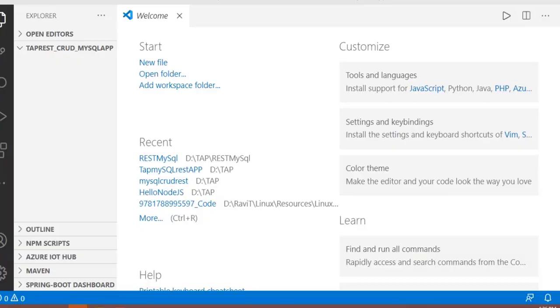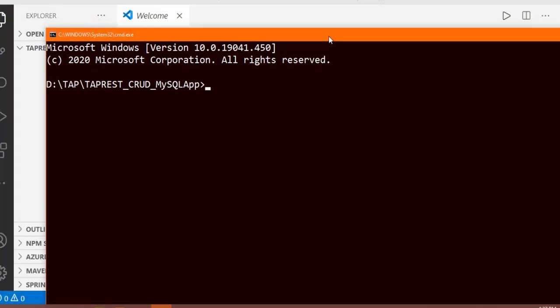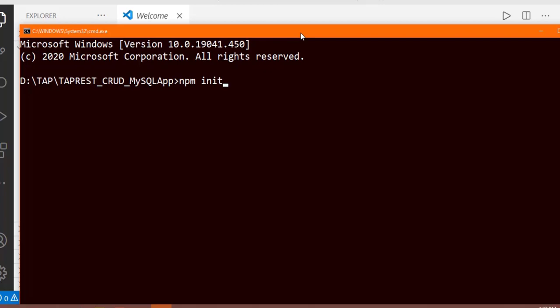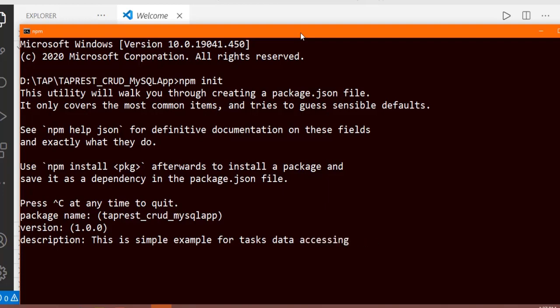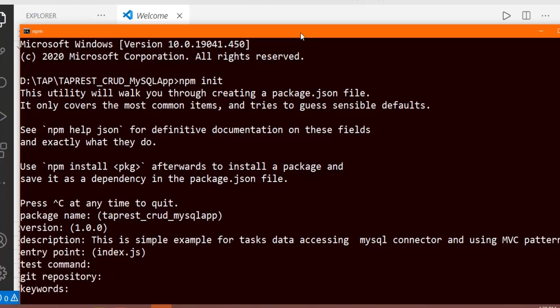Let us get our Visual Code and open the same folder. Our first job inside this application is creating the package.json file. So we are going to use a simple command prompt. In this command prompt, we'll use the npm init command, which will ask a few questions. Based on that, we will give a certain description. This information will be taken by the wizard, which will create a package.json file for us. So I'm just writing some description for it.